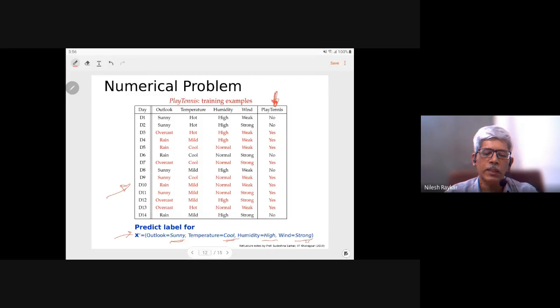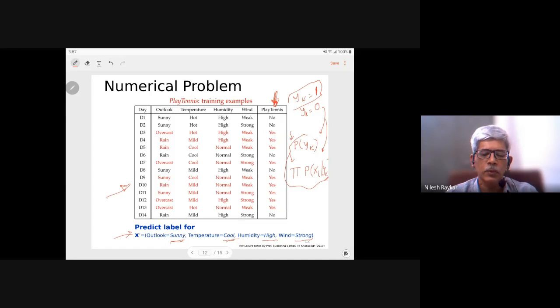As we say, we have to calculate the probability of yk. So we need to do two calculations. One is the probability of yk, and second is the conditional probability of having a certain variable xi when that yk exists. Here yk can be play tennis, which I'm calling 1, or yk equal to 0. For yk equal to 1, you have to calculate these two things, and for yk equal to 0 also. Then take the product of these two terms. Whichever is higher, that is the one we go with.